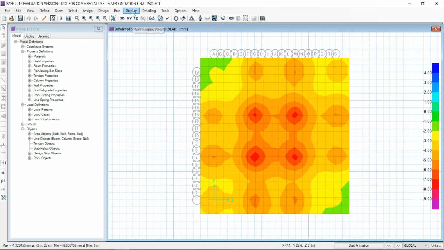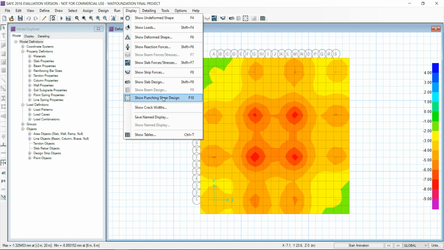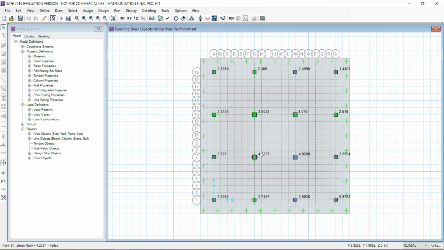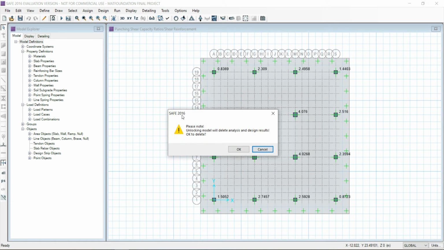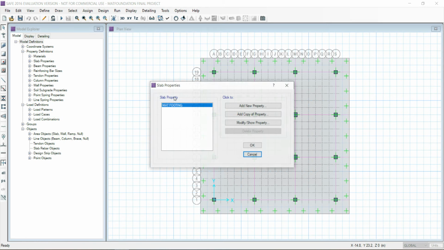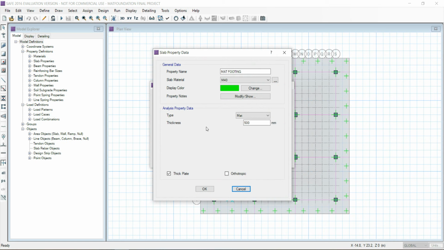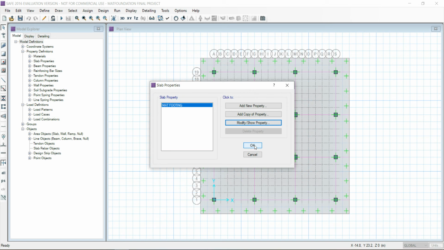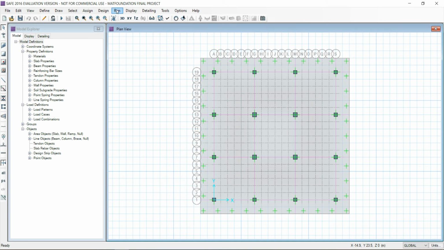Now we'll go to display and click on show punching shear design. As you can see, the punching shear values are more than 1. We require the punching shear values less than 1. So now in this case we have to redesign the footing. So we'll now unlock the model, click on OK, go to define slab properties, click on modify shear property, and we'll change the thickness of the slab to 900 mm and click on OK. Again click on OK. Again we have to run analysis,